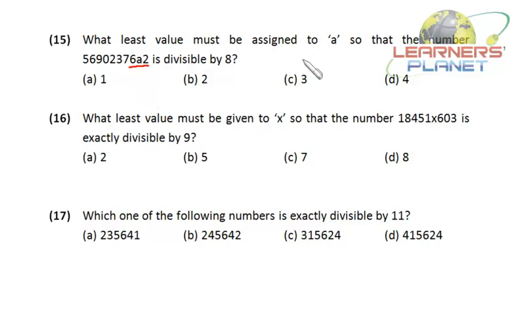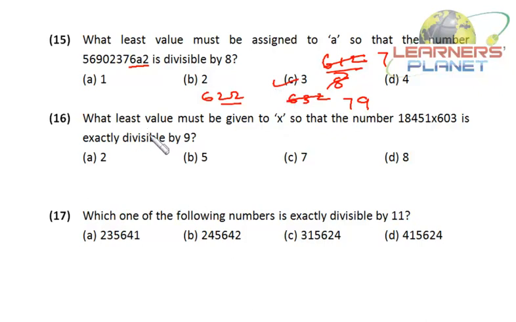So 612 divided by 8. 8 sevens are 56. Then we are getting a decimal, so 612 will not be a right choice. Then 622, even it won't be divisible by 8 since it is not divisible by even 4. Then I choose 632. Suppose I divide 632 by 8. 8 sevens are 56. Then 72, it's 9. So 632 is divisible by 8. So 3 will be the right choice.